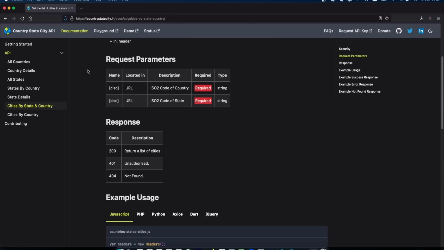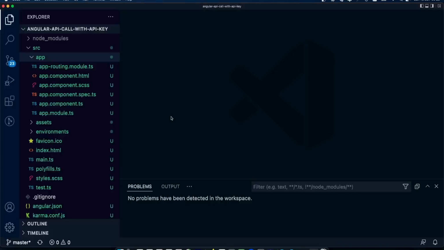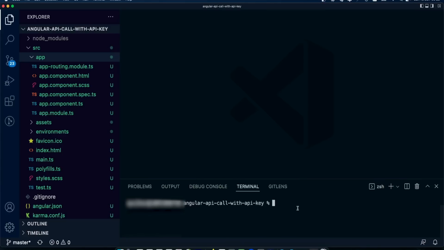Okay, if you find difficulty in any of this, you can always come back to this documentation. So the first thing that I want to do is to create the classes. I'm going to create the classes in a folder model, and I'm going to create a service that's going to help us to consume this API. So I'll start by creating a class.